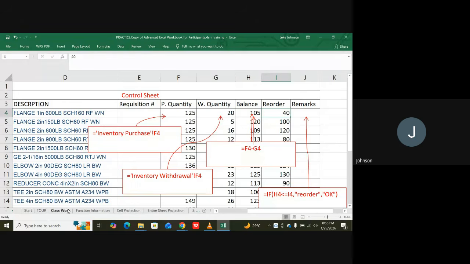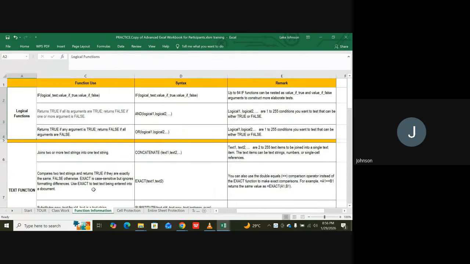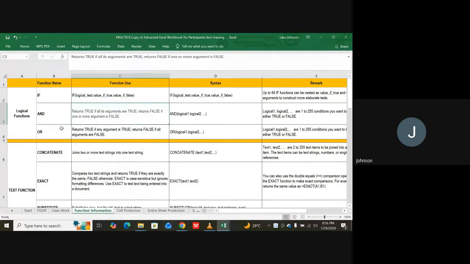We have lookup. So this is the information. We have the logical functions. We have done the IF, we have AND, we have OR, we have CONCATENATE. So how to concatenate? Okay, probably